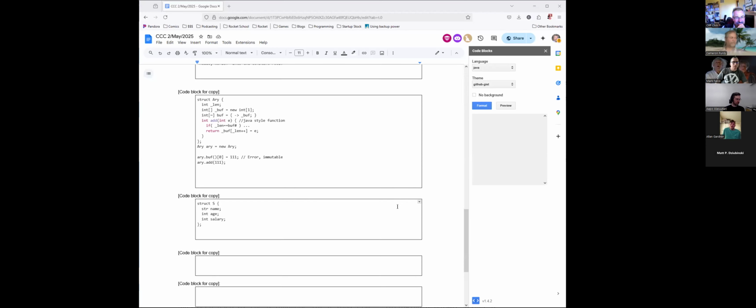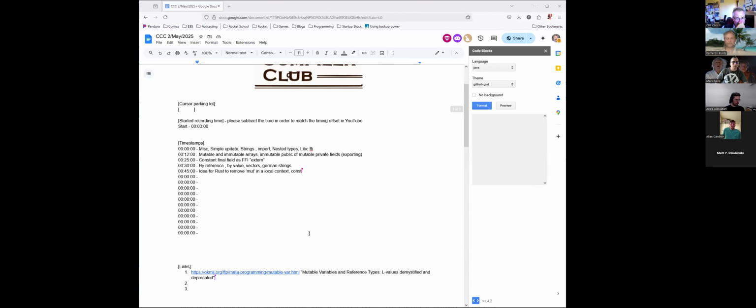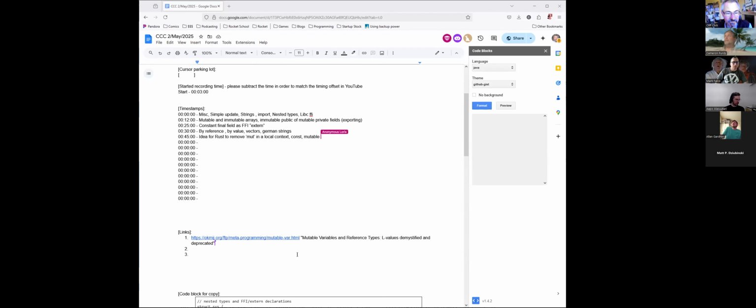Fine. Well, I just want to point out this paper I put in the links. It's called Mutable Variables and Reference Types, L-Values Demystified and Deprecated. I think I'm just reading this thing. Honestly, I don't think it's written that well, but it starts out fine. There are two traditions for dealing with mutability.